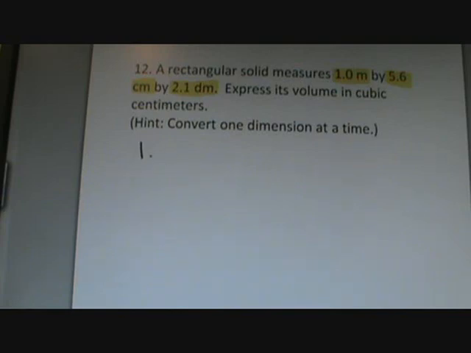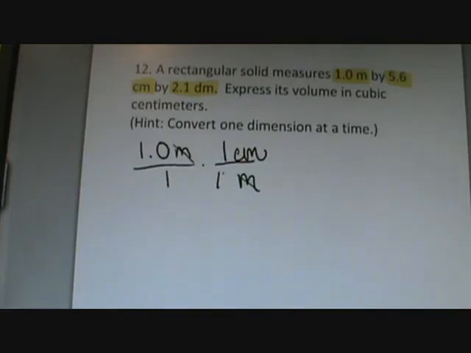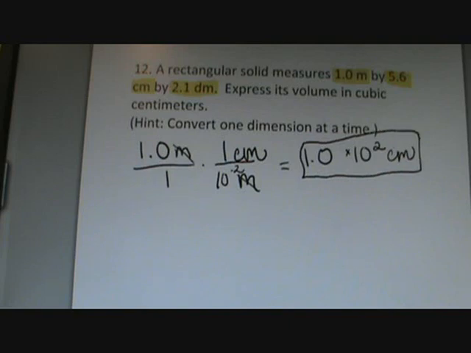So 1 meter, 1.0 meters. Since meters is our base unit, we don't need to change it into our base unit. We can just go ahead and make it cancel into centimeters. We're going to put our 1 with our prefix, come to our table, and see that centimeters is 10 to the negative second. And then just multiply across. So we'd have 1.0, 10 to the negative second would move up to the top, giving us 10 to the positive second as our answer. So there's one of our units. 5.6 centimeters is obviously already in centimeters,